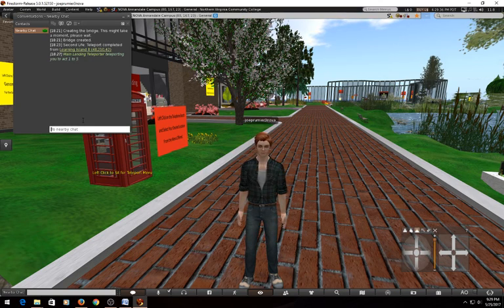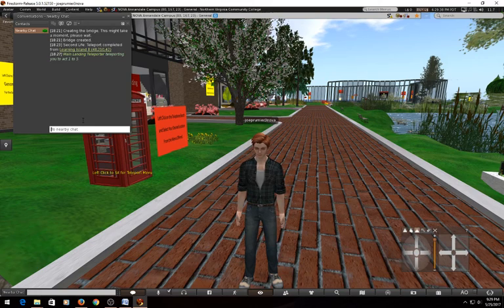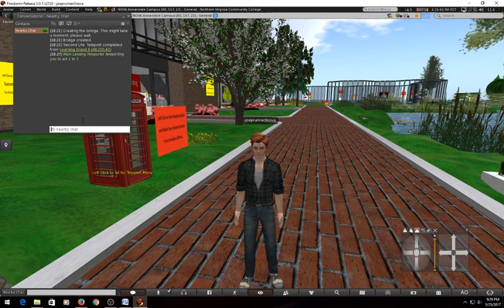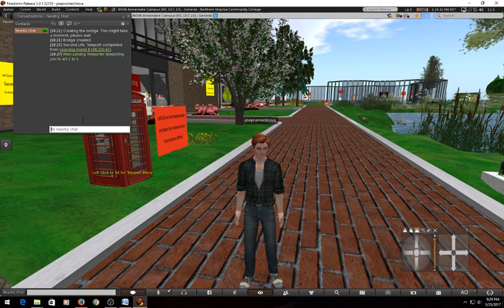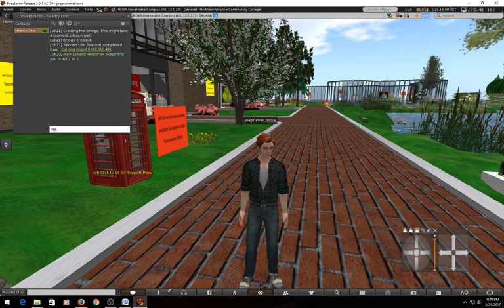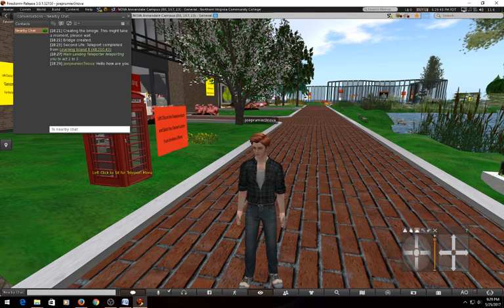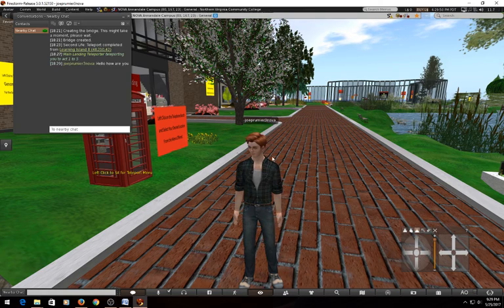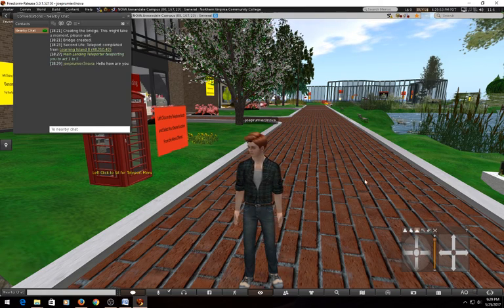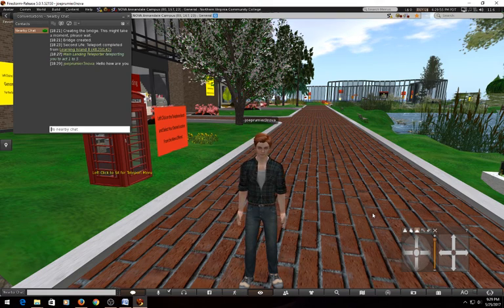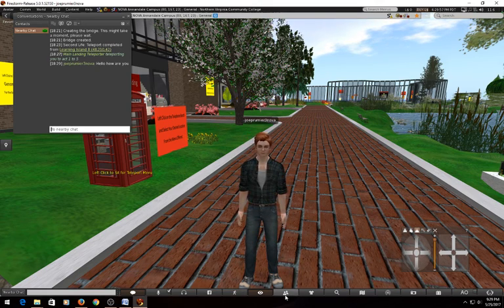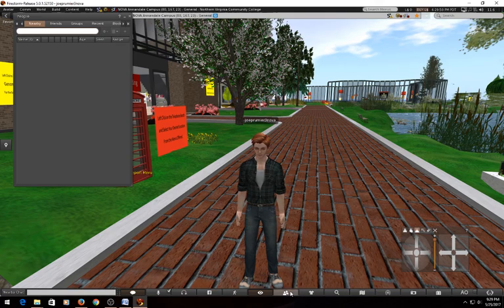This kind of has to do with security. They're probably going to be a student or a professor. So feel free to talk to them as you would on campus, on the real campus. So you can say, hello, how are you? See, I typed that in there, and that's going to go to that person. Using nearby chat, anybody within 20 meters of me, I can talk to them. And how am I going to know they're in 20 meters? Well, you can pull up,